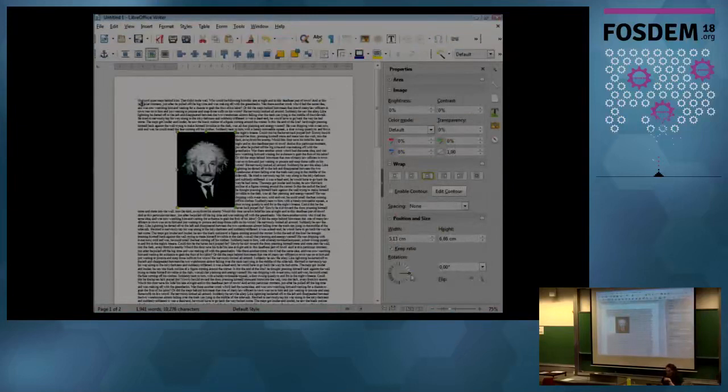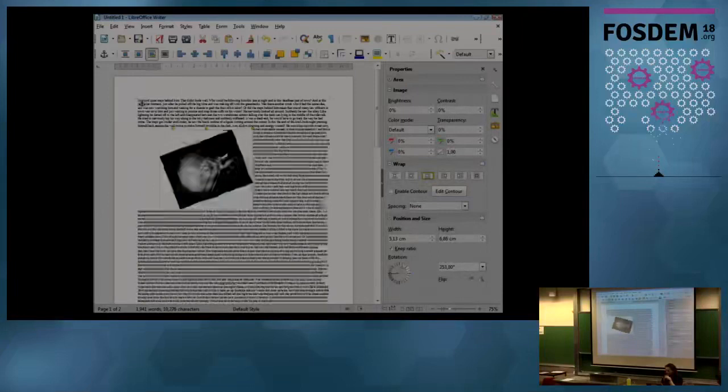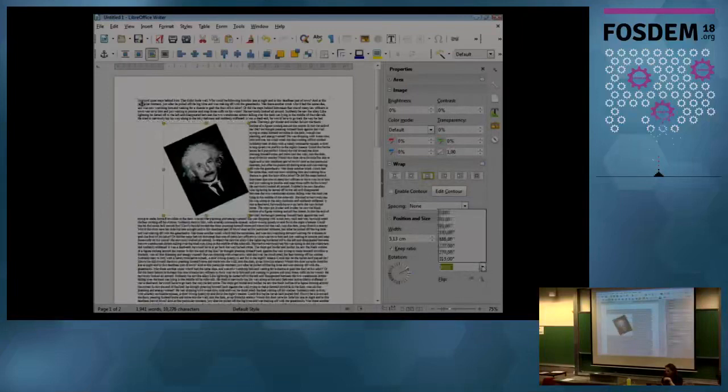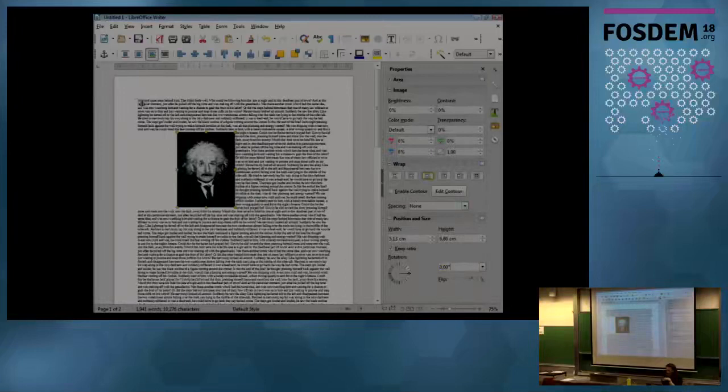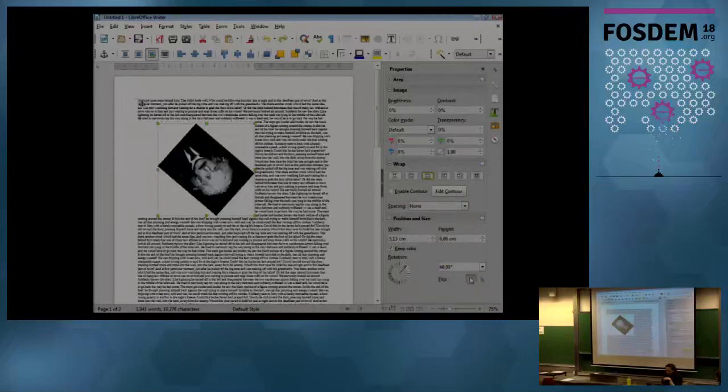So what you have now is first position and size is expanded to rotation, so you can just start rotating your image. You can also, of course, use this one to reset or stuff like that. It's completely in the undo buffer, stuff like that. You can still mirror the original. You can have a frame around it,